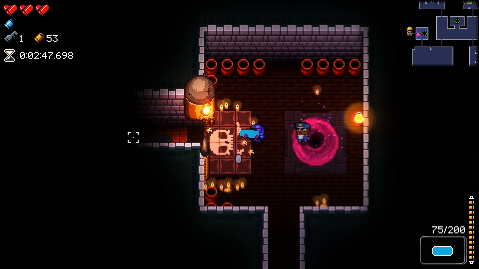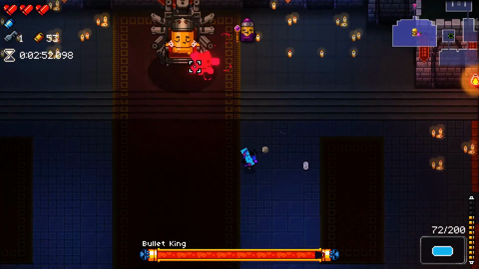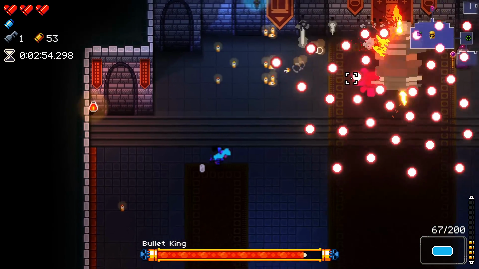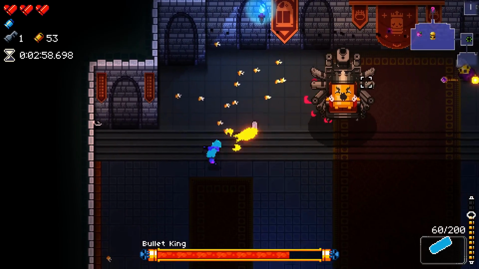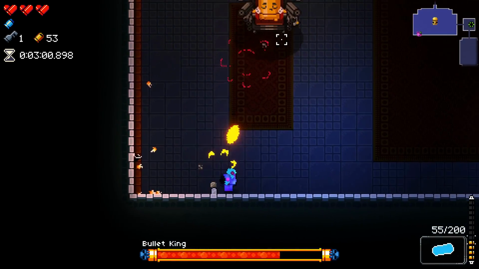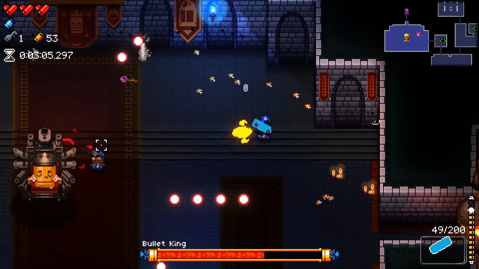Oh, excuse me. Alright, let's fight the boss. We'll use Gunner Gun. We actually did pick up a key in the secret room so we can go to the oubliette, which is wonderful. I feel like Gunner Gun might be a little bit worse. Oh, you son of a gun, you idiot! You activated the Chancellor. I feel like Gunner Gun might be a little bit worse on bosses,